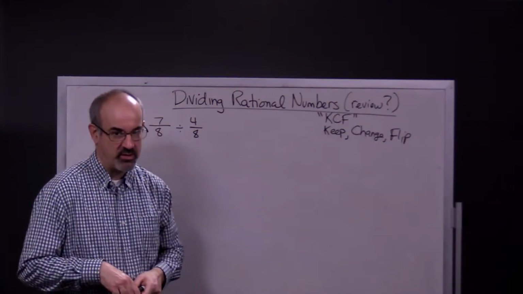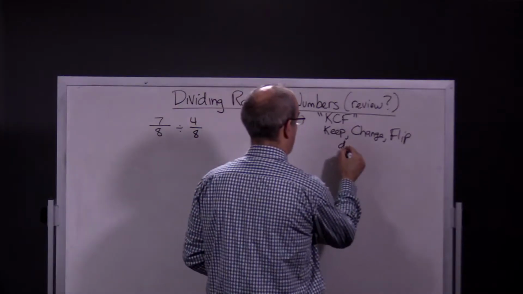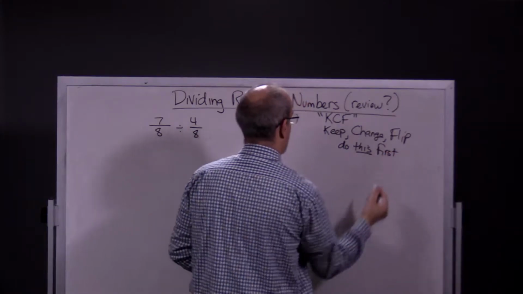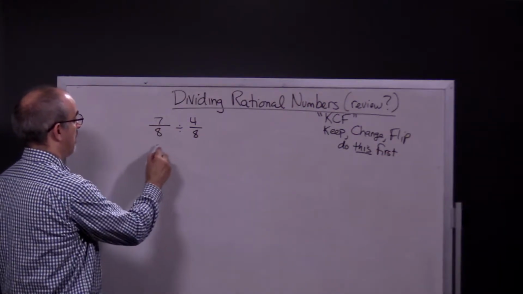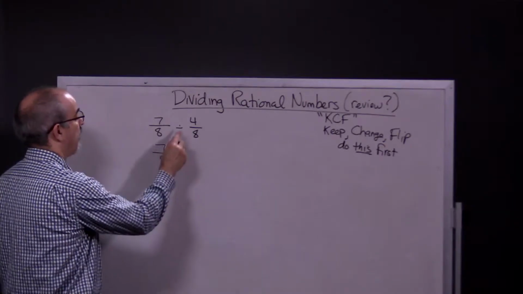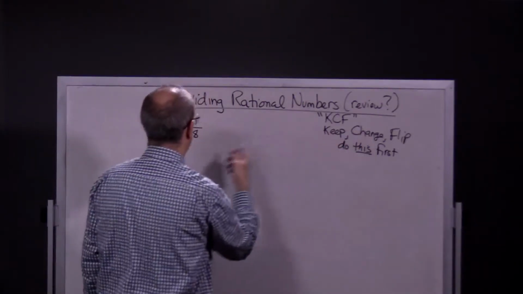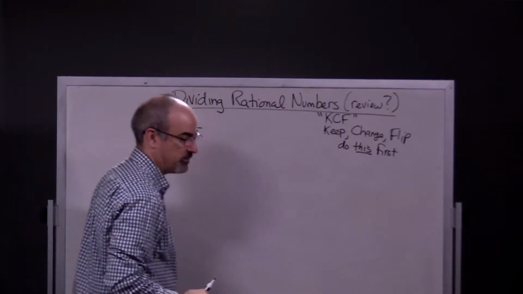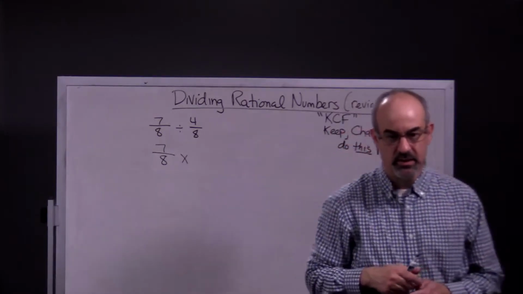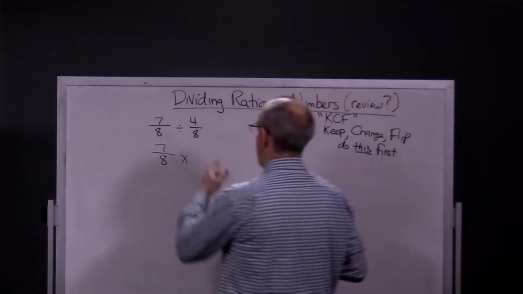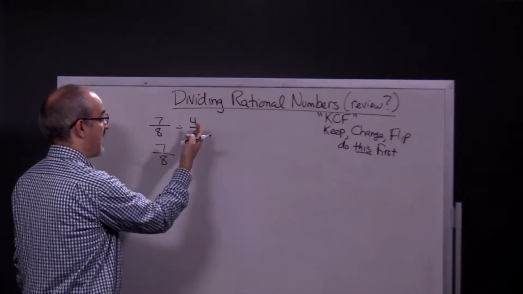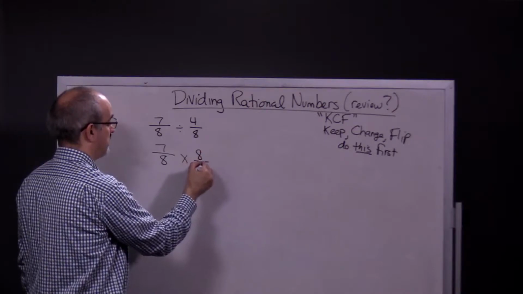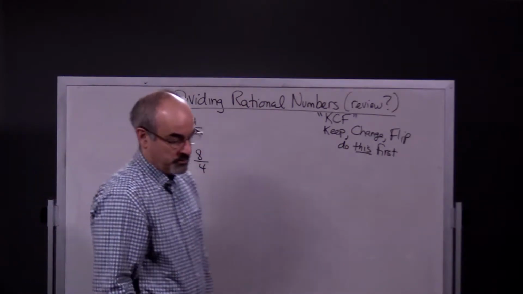Do keep, change, flip first. I'll even remind you, do this first. So keep means to keep the first one exactly like how it is. The change part means to change this to multiplication. I'll write the multiplication symbol like that. Doesn't really matter. Flip means to take the second number, the second rational number, and flip it. Okay, once you have